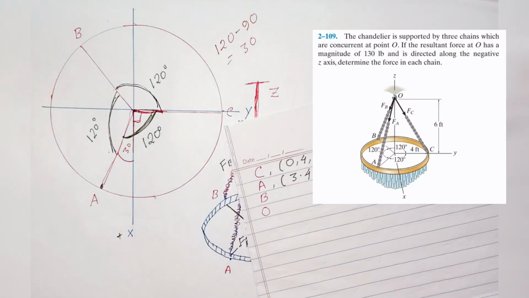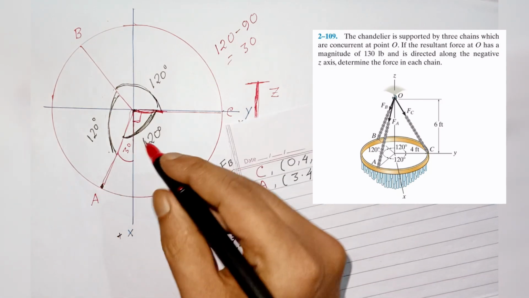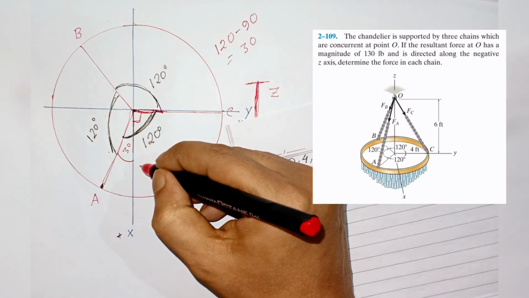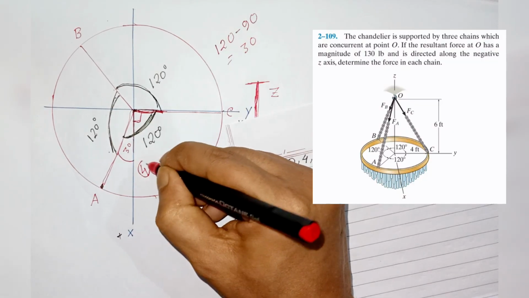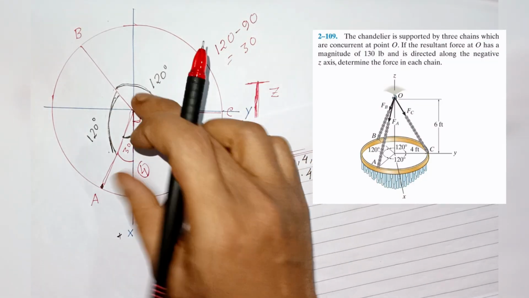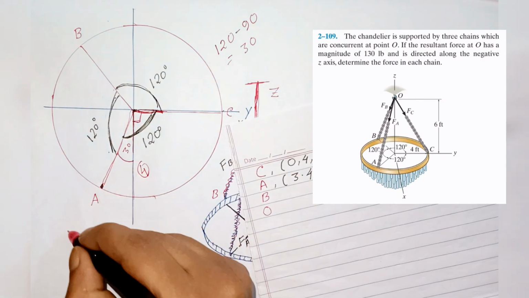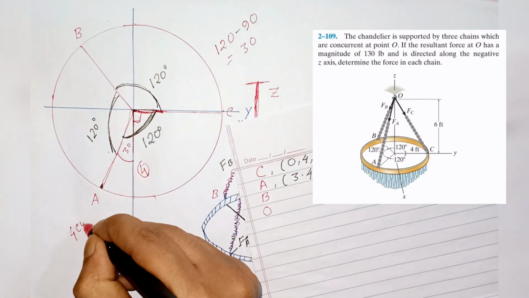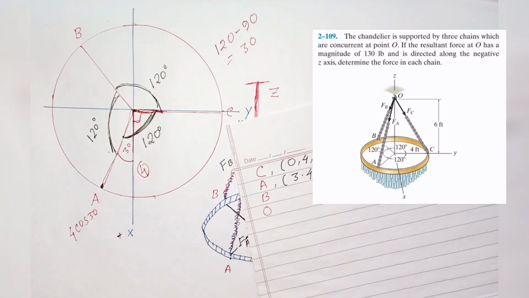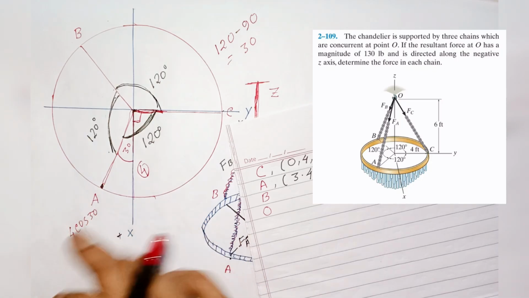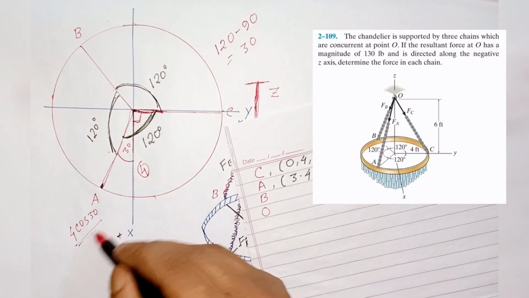If I want the component of A along the x-axis, what do you say? 4 cos 30, because the radius is 4 and the angle is 30. Where theta is attached, you use cos. Where theta is not attached, you use sine. Here the distance from the center of the circle to A is 4. Then the component along the x-axis is 4 cos theta. Similarly, the component along y is 4 sin theta.